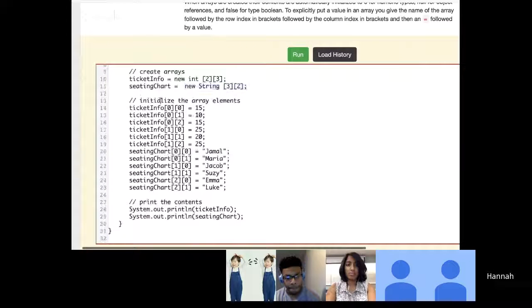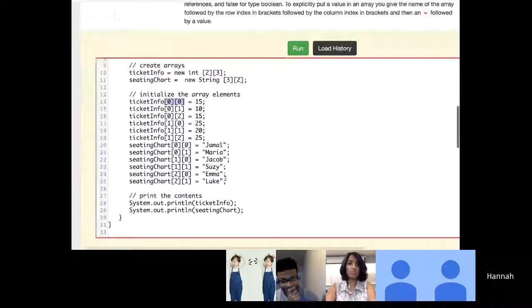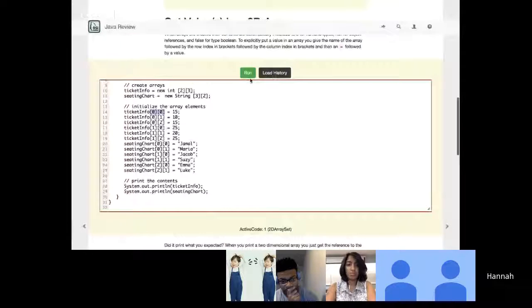So then next we are going to initialize some items in the array. To access an item of your 2D array, in these first square brackets, like I said, rows come before columns. So you indicate the row number that you want, and then in the second one, you indicate the column number that you want, and then you can just set that element equal to whatever you want. And just like regular arrays, the indexing starts at 0, not at 1. So if we run this code,